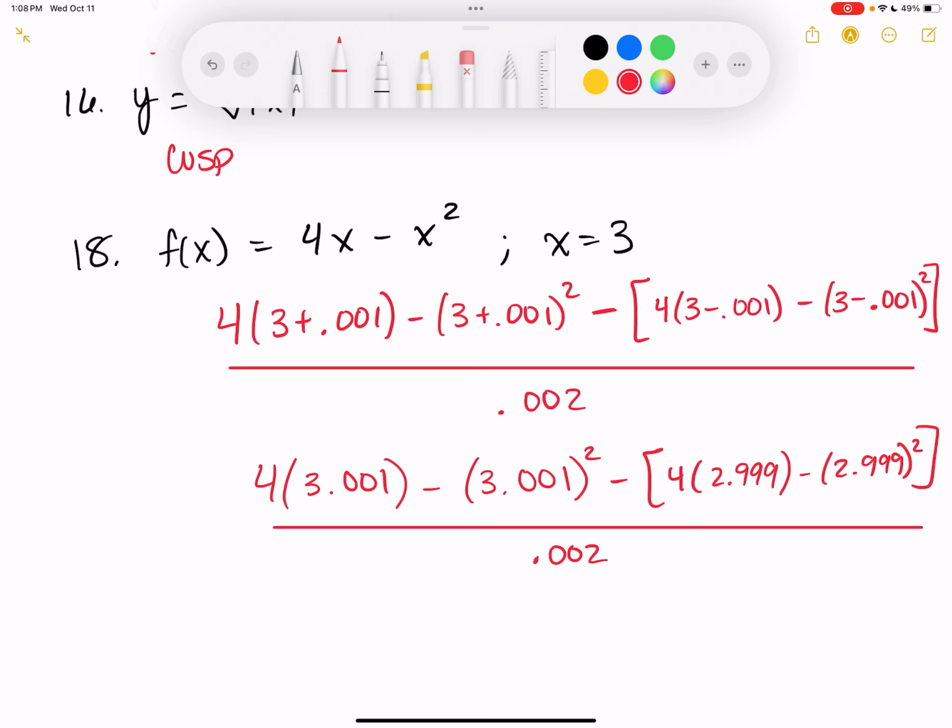I mainly wrote the first step just so that if you go back and look, you can see what the formula was. This was the a plus 0.001 part. This is the a minus 0.001 part. So anyways, at this point I would plug it into your calculator